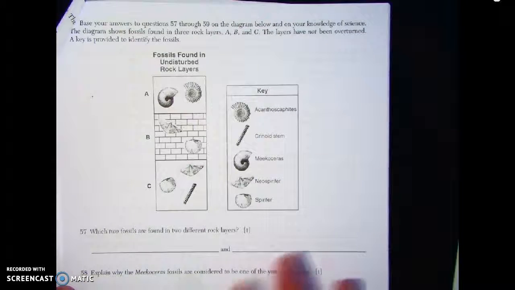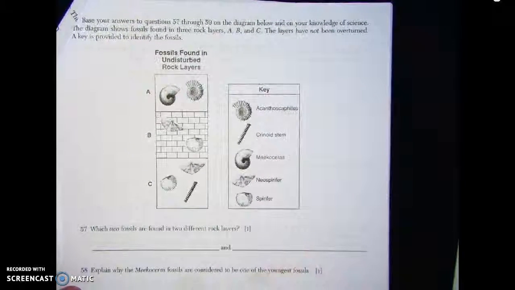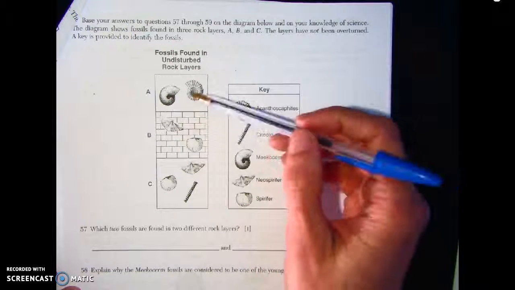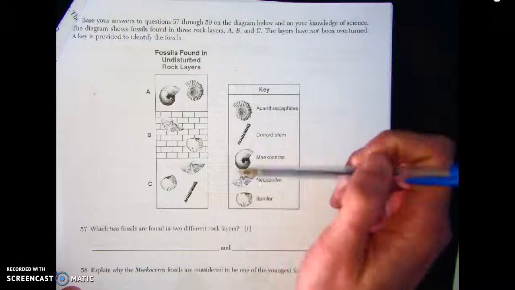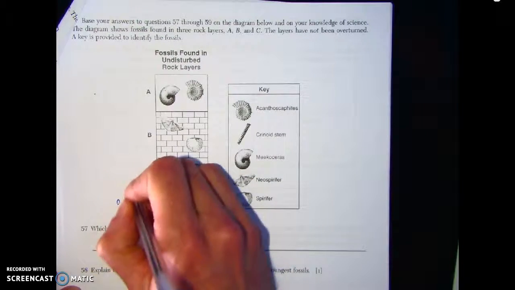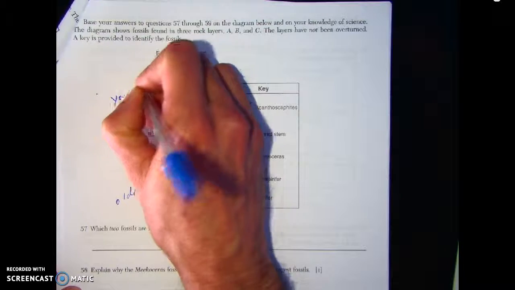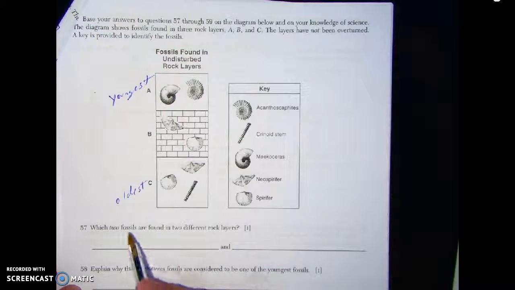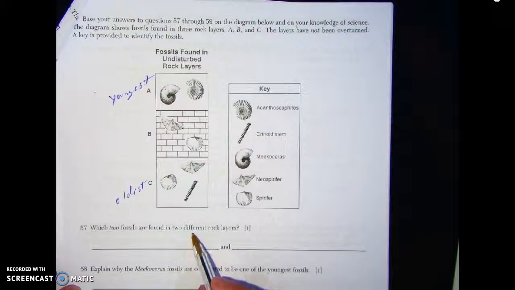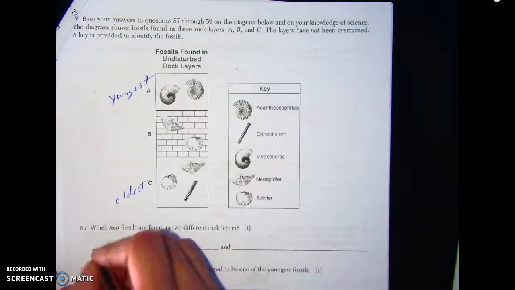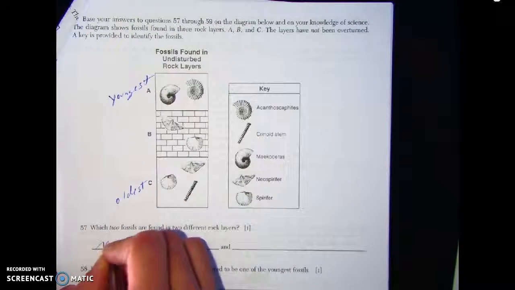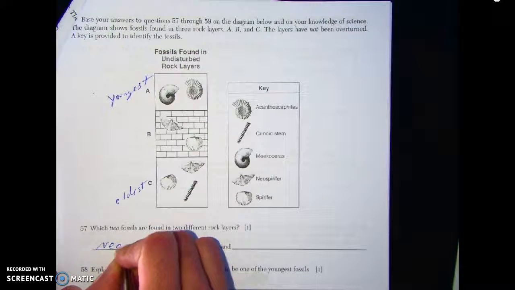Okay, I'll probably finish this page up, and then I'll split this up into probably 3 videos, I think. Here we have some rock layers with fossils. Oldest rock layers are going to be on the bottom. Youngest layers towards the top. And it says which 2 fossils are found in 2 different rock layers. For this one, your answer could be or needs to be Neospirifer